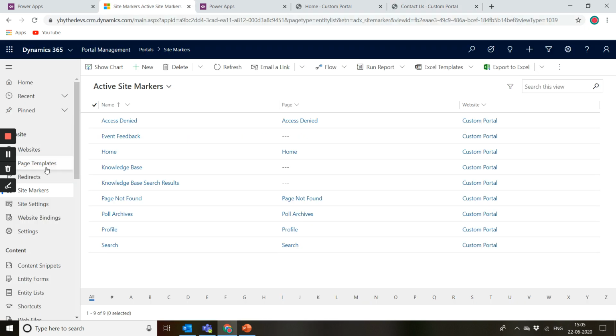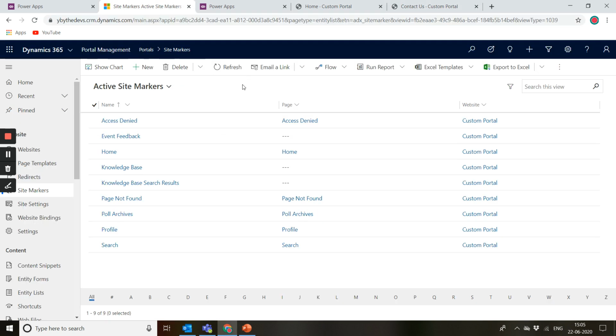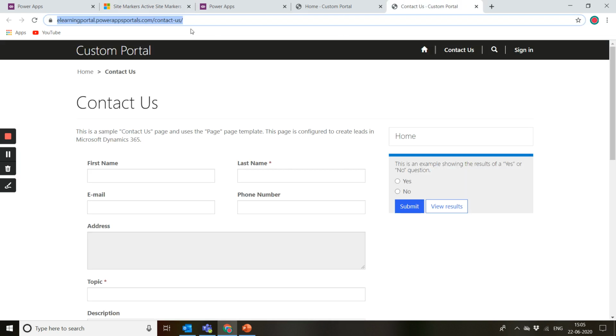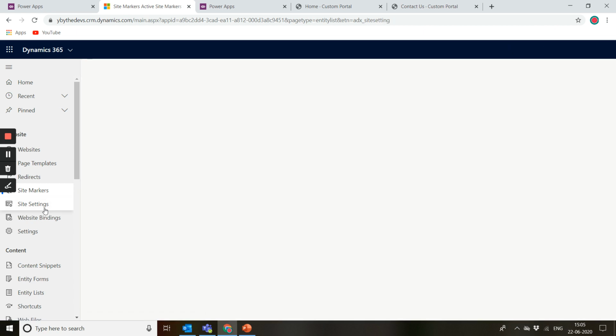In that case, I can create a marker. I can give this marker a name and then select which page it is going to. So instead of directly referencing /contact-us in our code, we can create a site marker, and it will be pointed there directly. Even if I change this to help or help1234, anything in the near future, this site marker is going to update it automatically, and there is no need for updating that change in any of our pages.